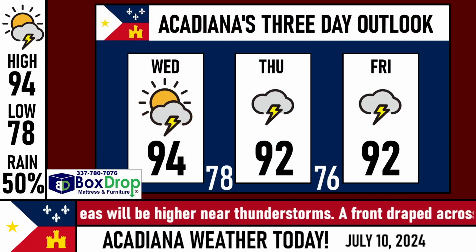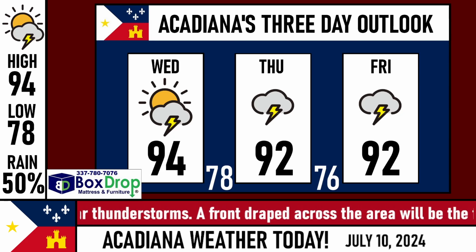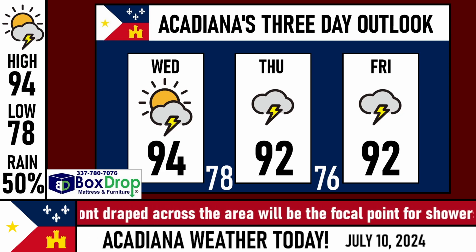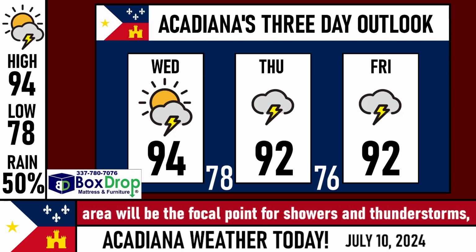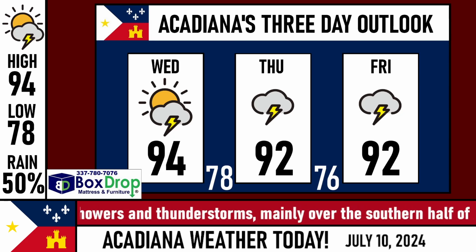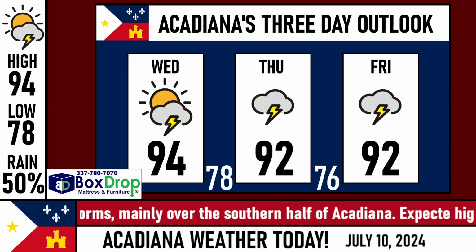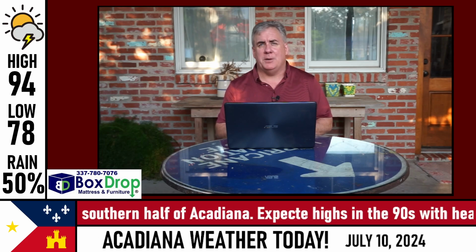But we should hit 94. Scattered showers and thunderstorms developing this afternoon for the southern half of Acadiana. And then tomorrow and Friday, as the front lifts northward and washes out, that onshore flow is going to be there. So a pretty good chance for showers and thunderstorms for both Thursday and Friday. And then we're going to get back to summertime weather over the course of the weekend as temperatures will stay in the low to mid 90s. So a very summer-like forecast, quiet on the tropics front, but again, on Let's Talk Tropics later today, we'll check